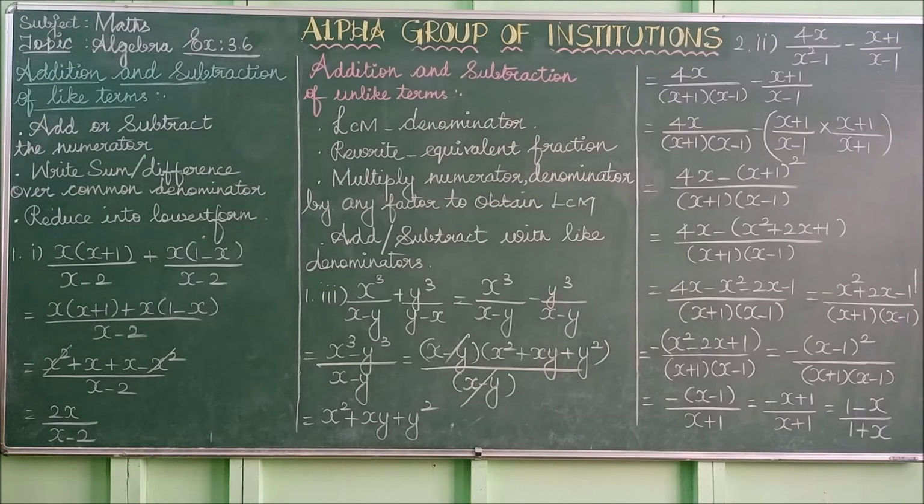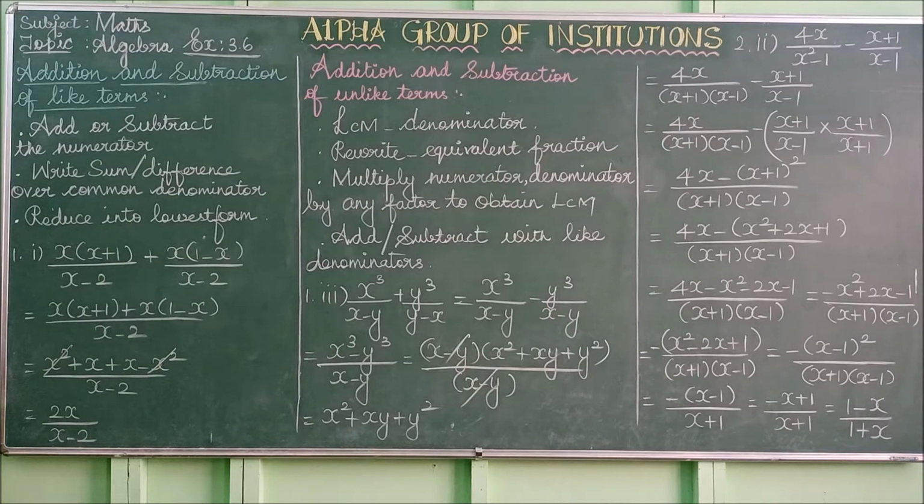Good morning all. In our previous classes, we have learned about the rational expression. In the rational expression, we have learned the operations also. So what are the operations we have learned already? Multiplication and division. Today we are going to learn the addition and subtraction. So listen, once again we recall what about the rational expression and the operations multiplication and division.